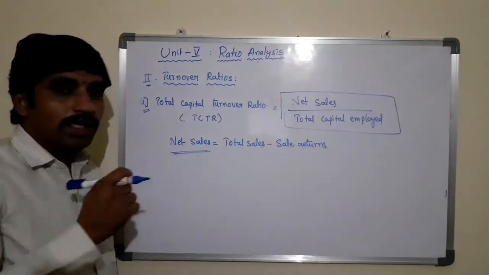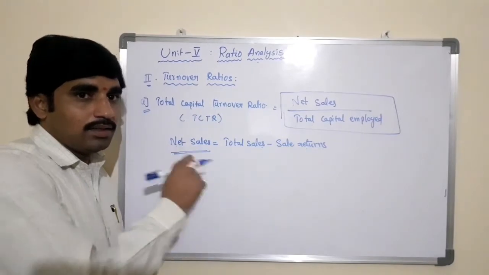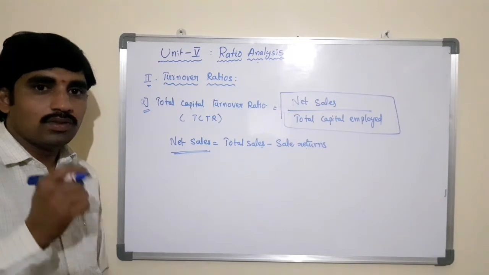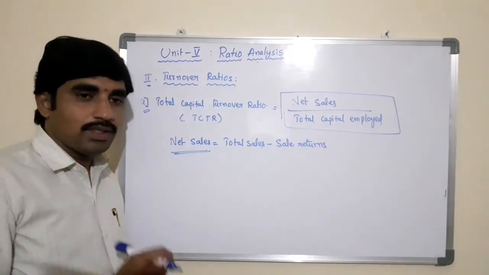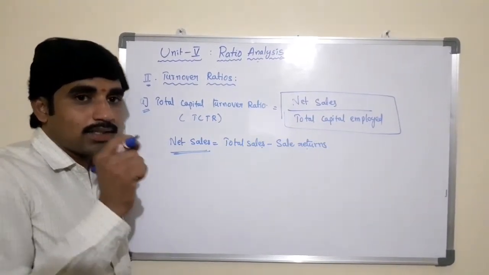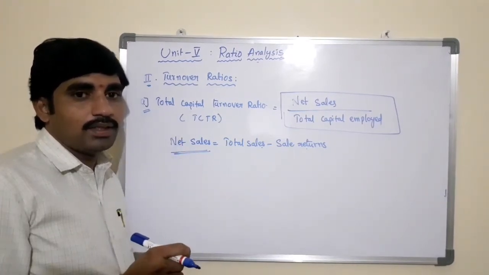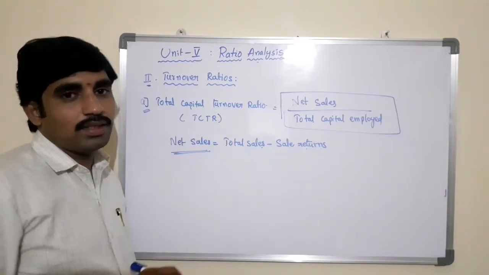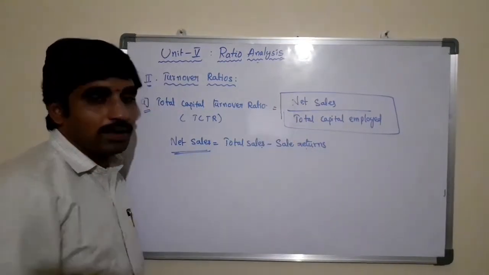And the total capital employed is either the total capital or the total assets of the business including working capital. So it is either the total capital, both the equity capital, preference capital, reserves and surplus, profits and long-term loans, excluding the current liabilities. Whatever the liabilities available on the liability side of the balance sheet, all these items come under the total capital employed.